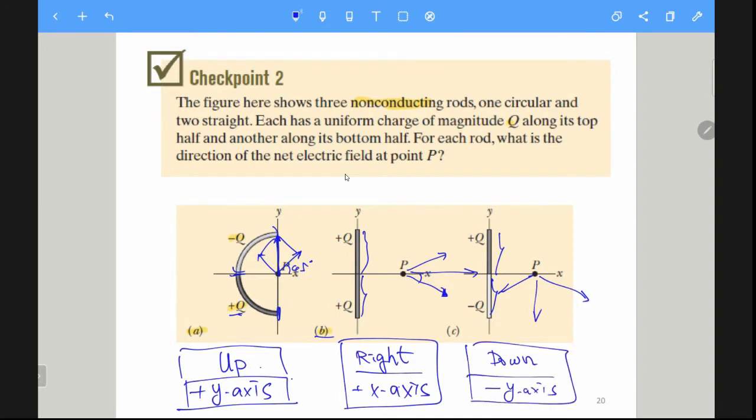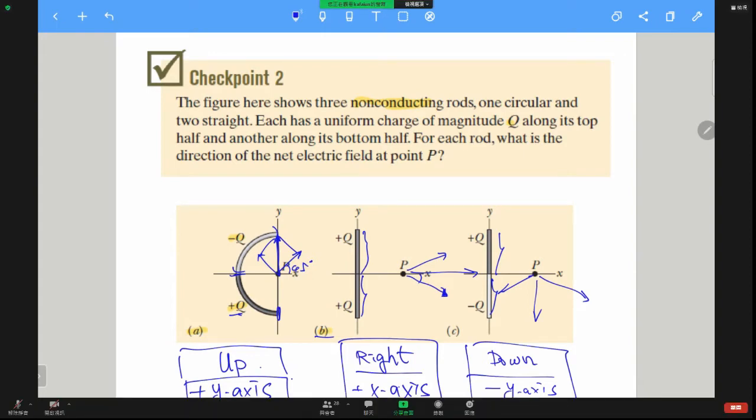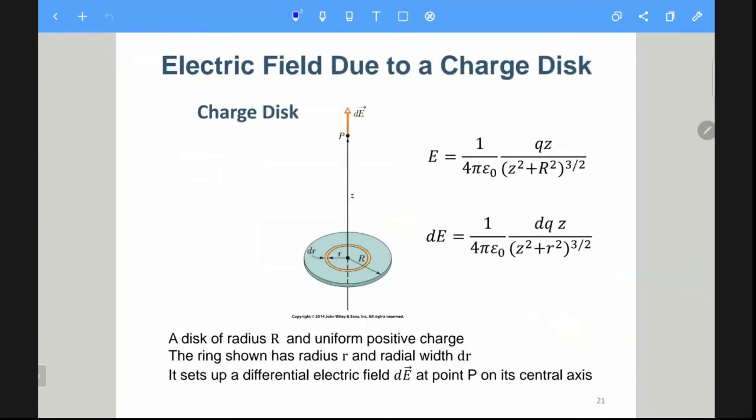So it's a quick checkpoint. Okay, I think it is easy. So let's move on. Now we consider another case,